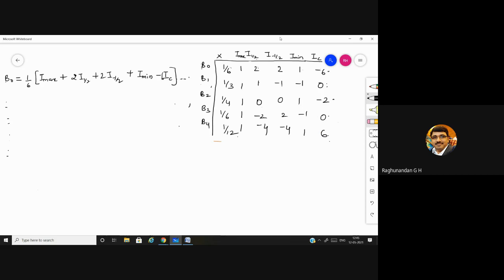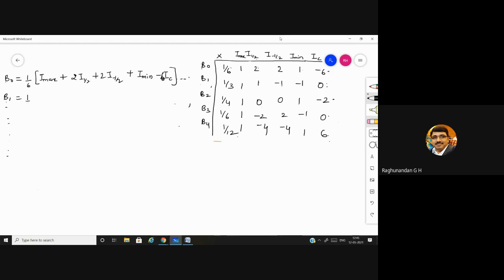IC, you should take it as minus 6 IC. Okay, so minus 6 IC. If you multiply inside, it will become only minus IC. If you can remember, you can write it outside, but let us not have that confusion. Now, if you have not understood this, at least now concentrate.